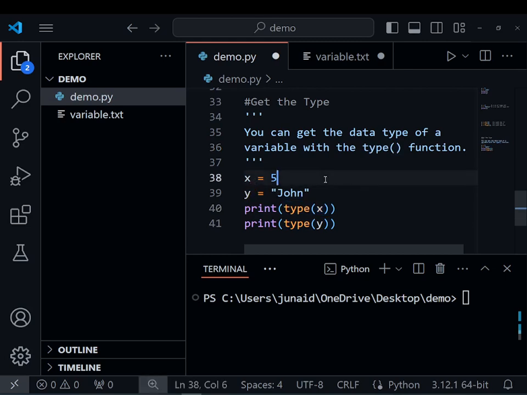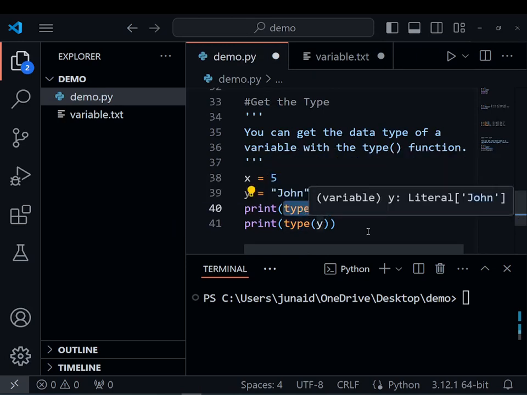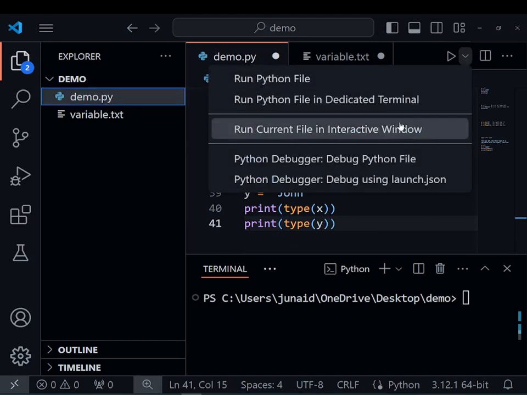For example, I have assigned an integer 5 to the x variable and a string to y, and if I want to check the type, I can simply use the type function in the print function and pass the variable, then it will show me the type. So if I run that,